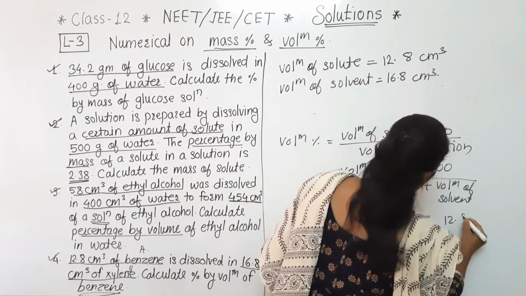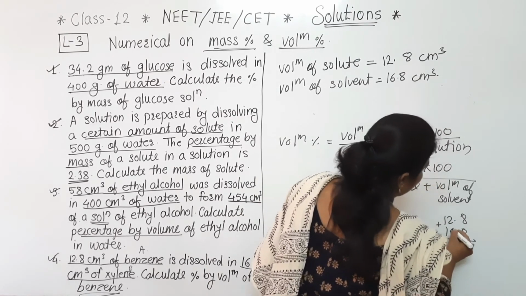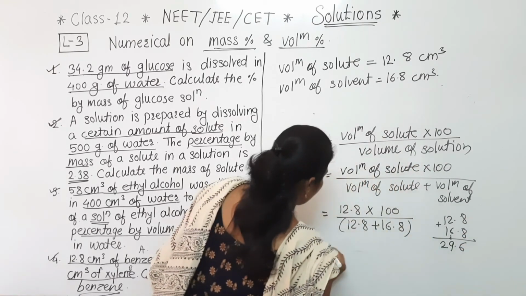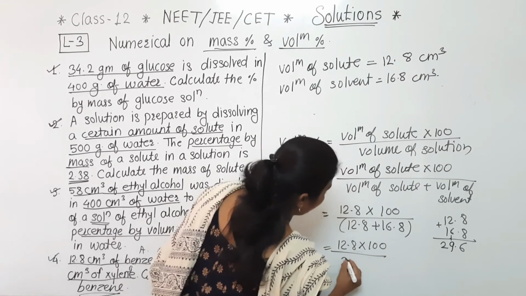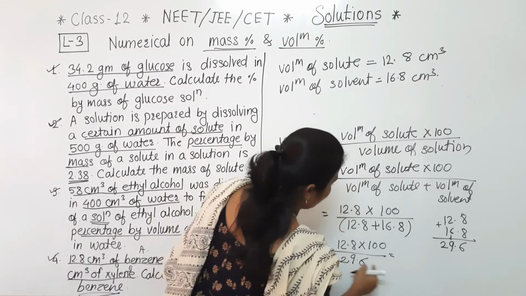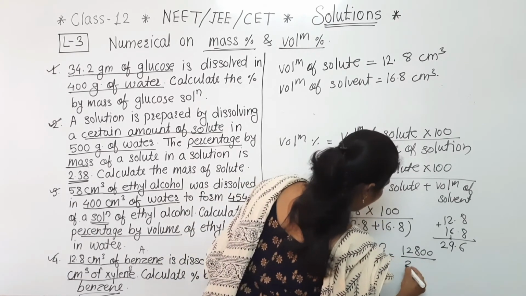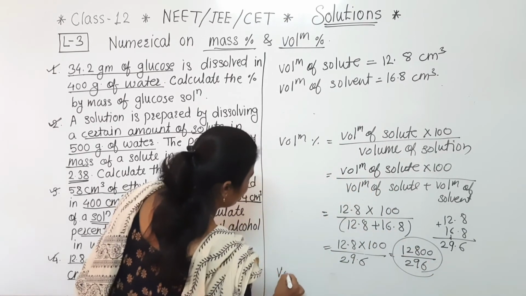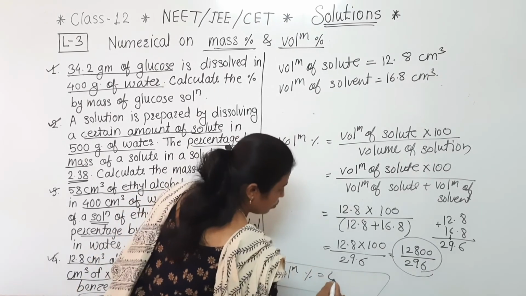See, 12.8 plus 16.8, 8 plus 8 is 16, 6 plus 1 is 7, 8, 9, and here it will be 12.8 into 100 divided by 29.6. After shifting one decimal, it will be 12820 divided by 296, and after this calculation we will get the volume percentage, and that answer is